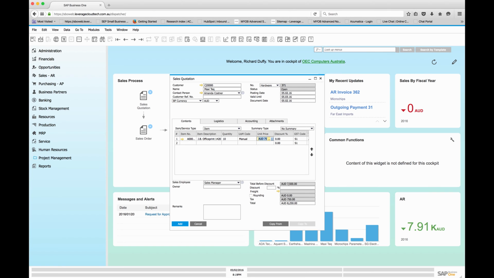So if I'd set up a special price for this customer, that if they bought more than 5, maybe they get a 10% discount, that rule would automatically kick in. Now, the great thing about this is, hidden underneath many of these fields in SAP Business One is the ability to go in and press Control Tab. And what that does is unlock a whole range of additional functionality for you that gives you